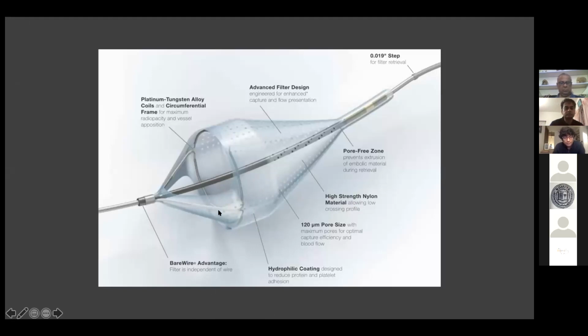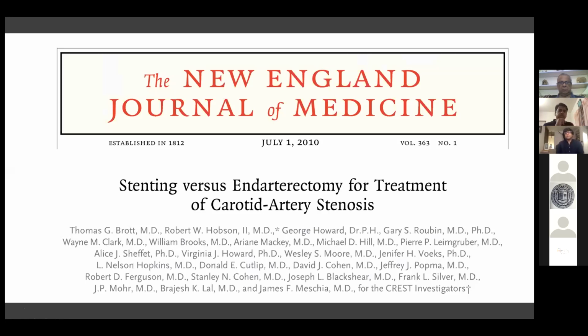And it is collapsible when you basically take a retrieval catheter and collapse both the scaffolding and the nylon element as you advance it over the filtration element. Now, as we all know,